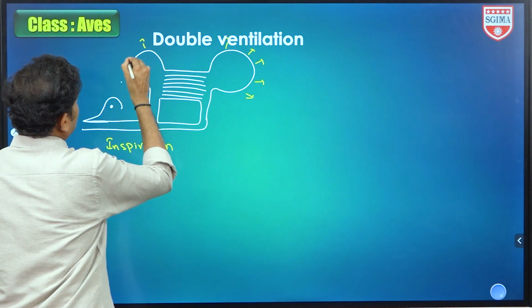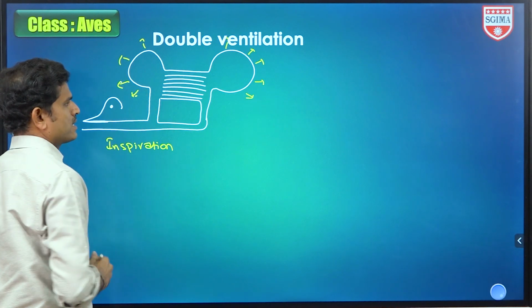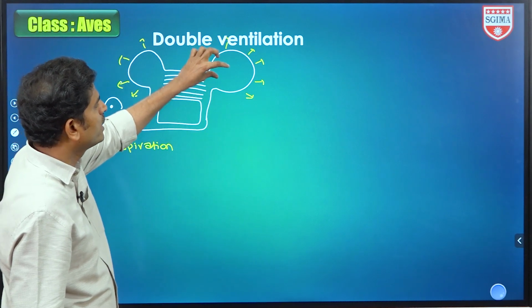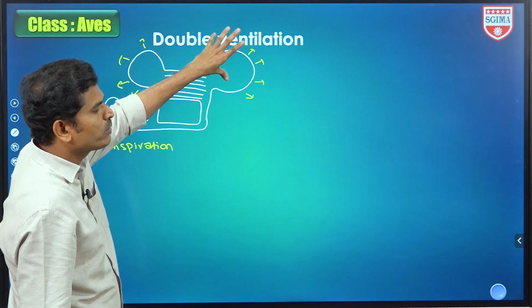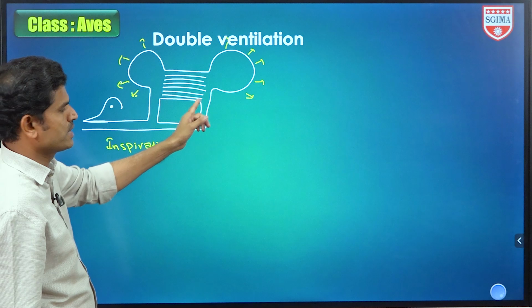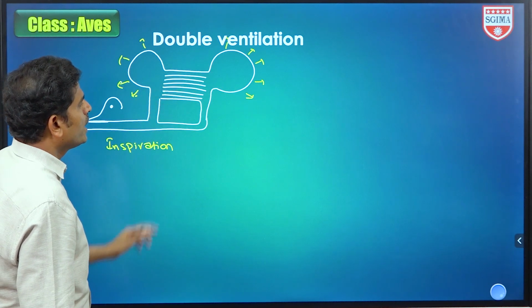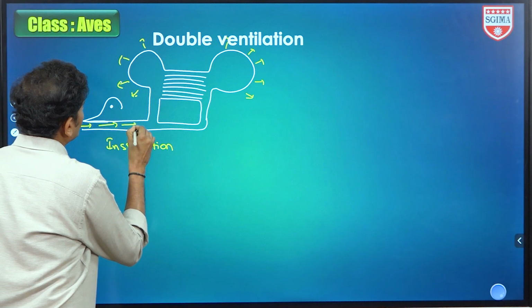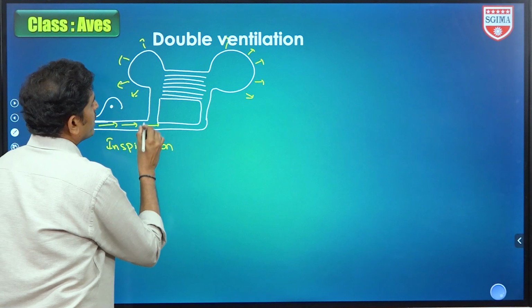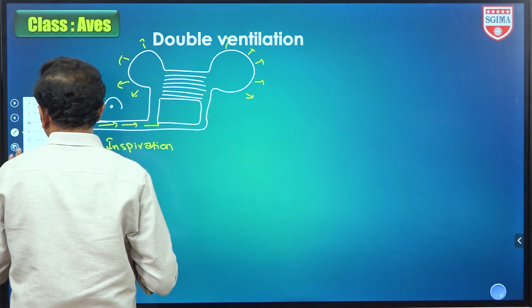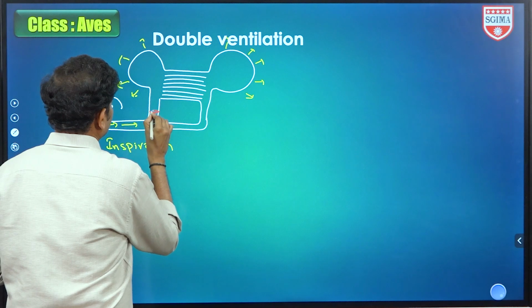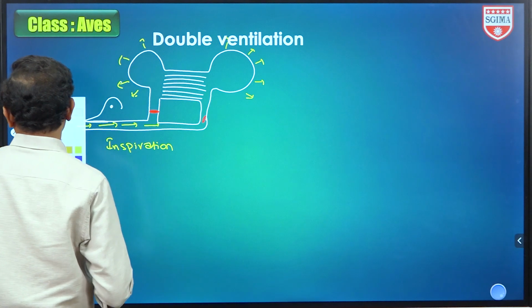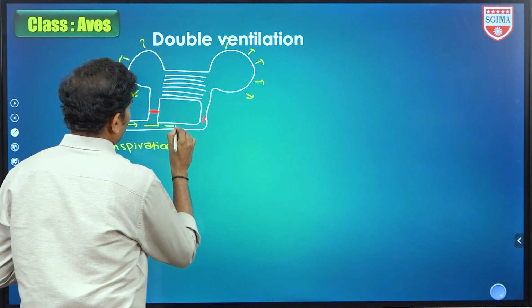So these air sacs will expand. Then air sacs expand हो गए तो क्या होगा? Internally the area will increase and pressure will decrease. So outside से inside compare करने तो inside negative pressure होगा. Then automatically from the outside, air will enter. While air enters into this one, इधर एक valve होगा that will remain closed. इधर दूसरा valve होगा that will remain open. So the air will enter.